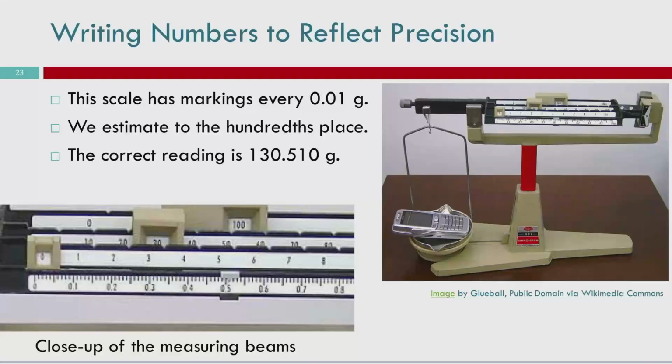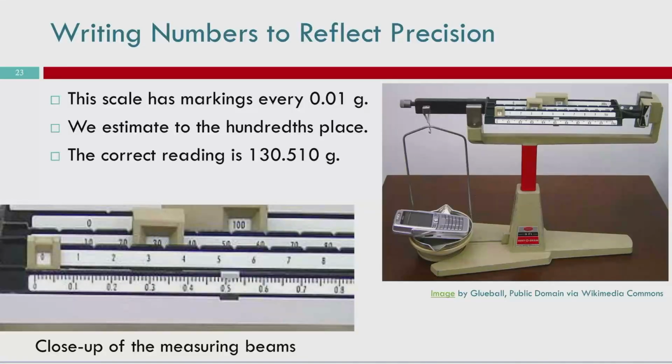The way that these scales work is we've got a bar for each place value. So our very back bar is the biggest bar, a big weight on there, and every time that we move that over and lock it into a spot, it's going to be initially 0. The place that it's locked in here is 100 grams, and there's also an option way in the back on the right side for 200 grams. So we would set that first, and then we'd count over how many spots we need to move our 10 grams